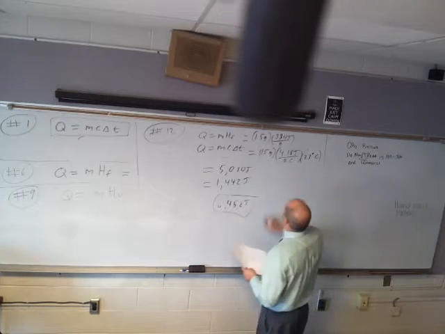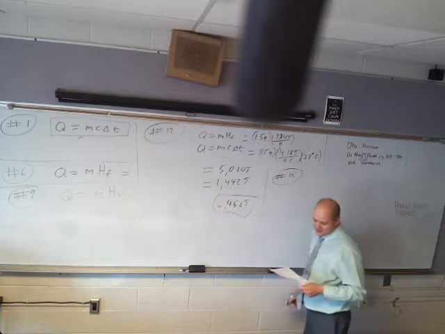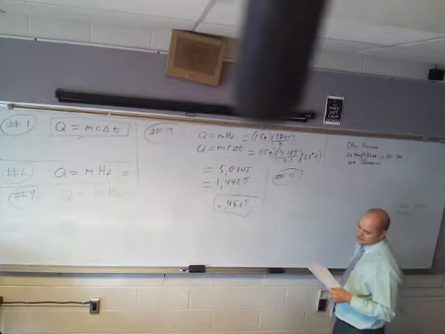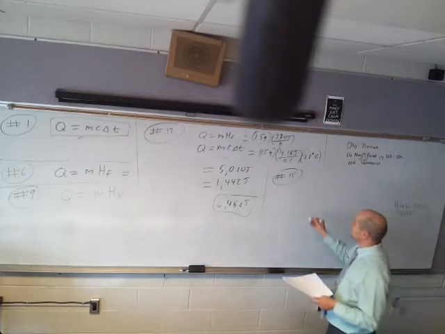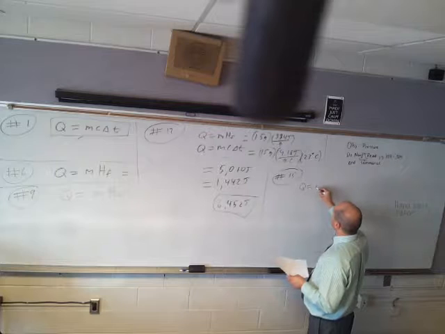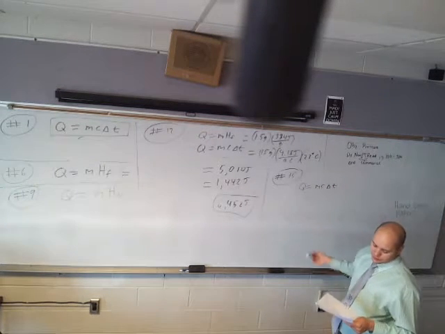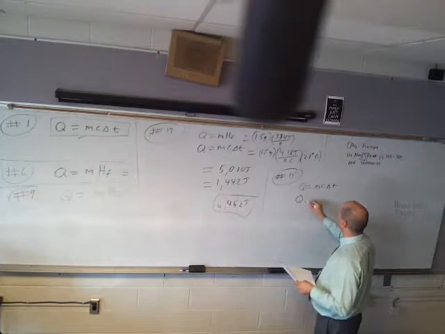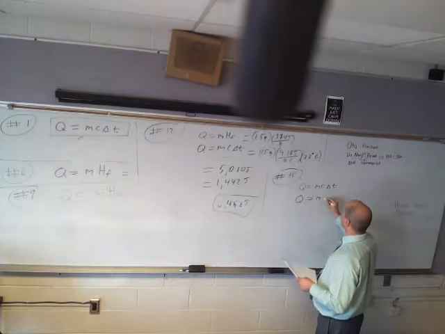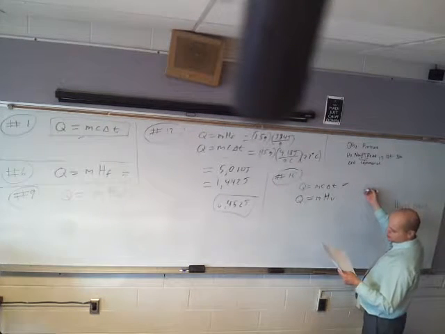All right, number 15. Okay, 15 says, how much heat would it take to heat 400 grams of water from 55 to 100 Celsius? So there's a temperature change, so that means we got to use Q equals MC delta T. And then boil the water to steam. So phase change from water to steam, Q equals M times HV. All right, first part is going to be